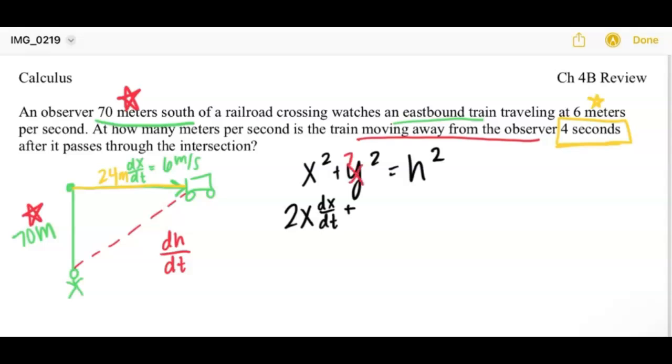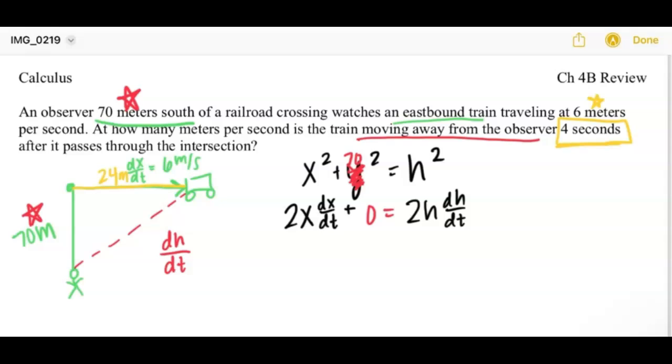So actually y is going to be 70 squared here because we can plug in constants into our problem, and we know that constants derive to 0. And then when we derive this side, this makes sense because if we're talking about how far the train is moving away from the observer, that is the change in the hypotenuse. So now that we have it in its derived form,